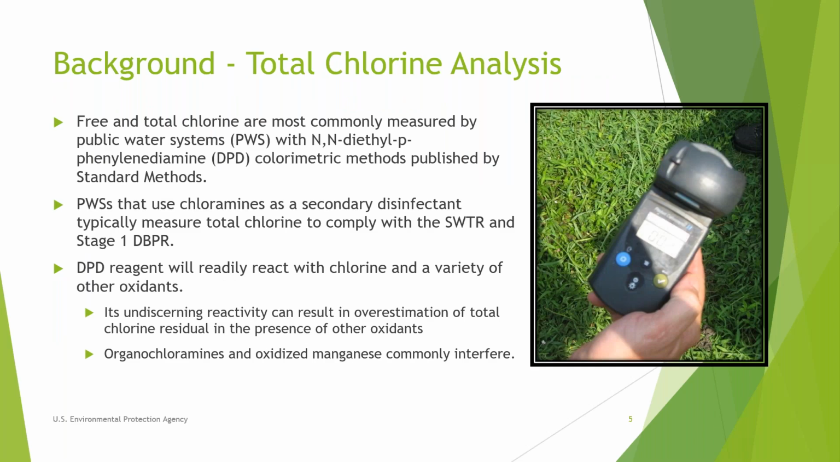So now I'm going to switch gears and give a little background information about total chlorine analysis. Public water systems most commonly measure free or total chlorine using DPD colorimetric methods, which is Standard Methods 4500-Cl G. Oftentimes, these measurements are collected in the field by distribution system operators using portable handheld colorimeters, just like the one that's shown in that photo there. Those are based on our experience. It's anecdotal, but these appear to be the most widely used instruments and methods